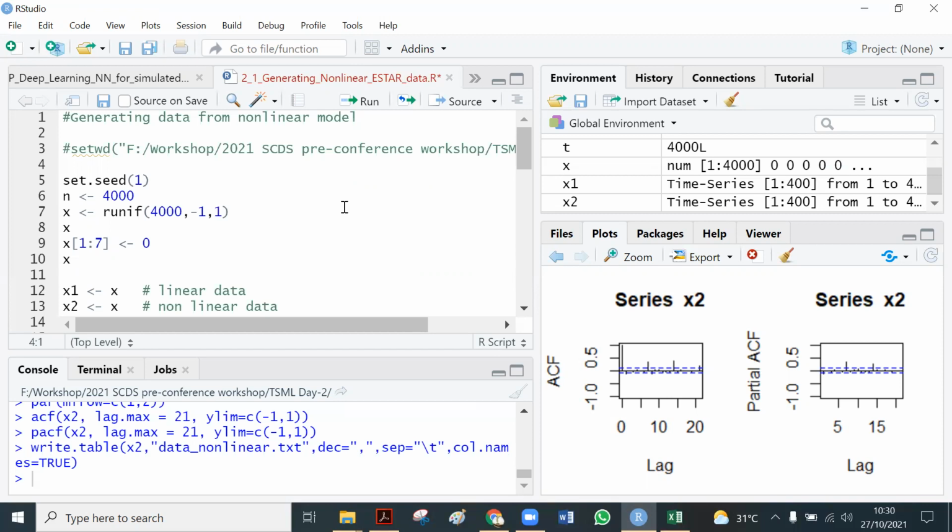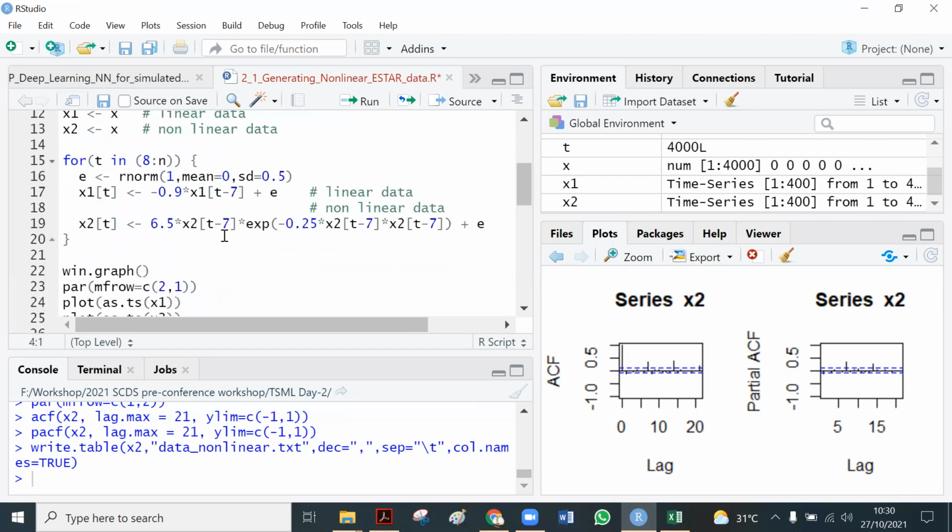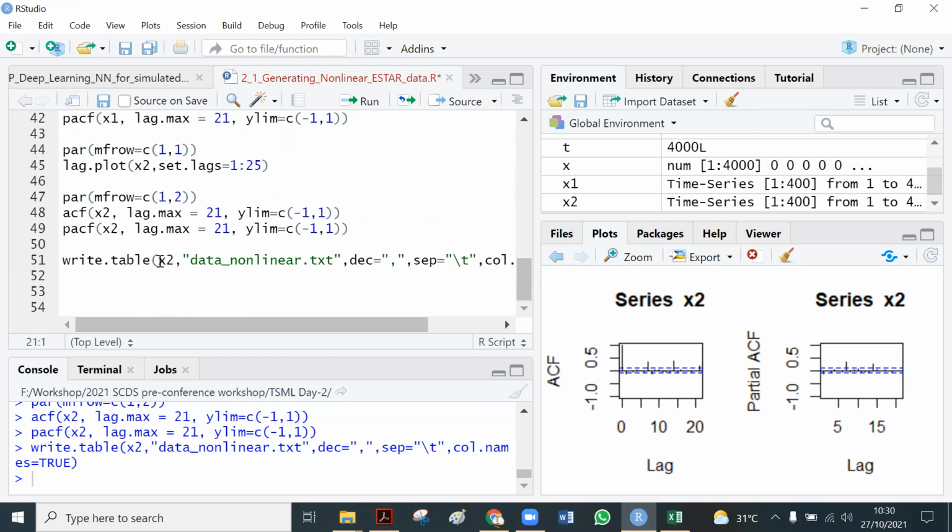And this is an example of how we generate the data following a certain model. And then once we generate the data, we save its simulation data, and then we use it in further analysis, for example, to test or to apply our proposed novel method. We make a study on our simulation data, and then next we also apply it to the real data.